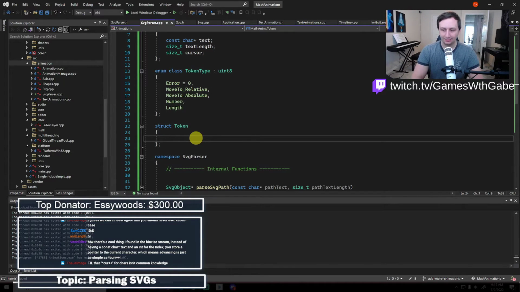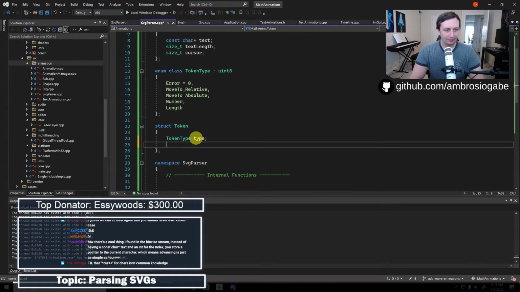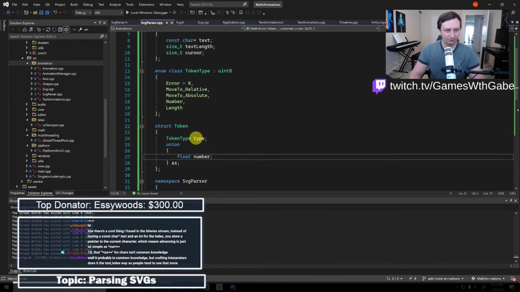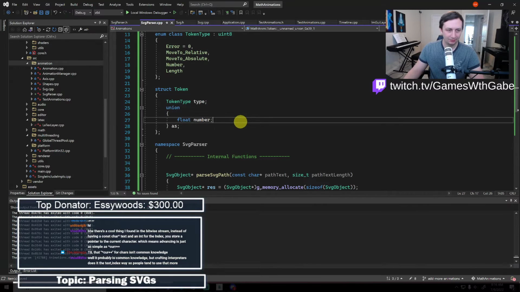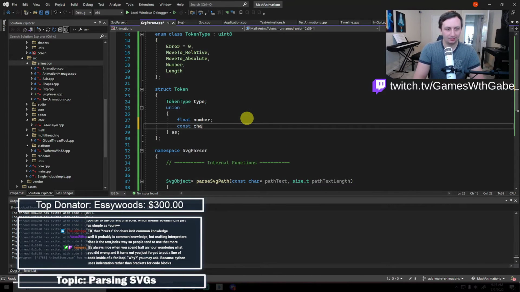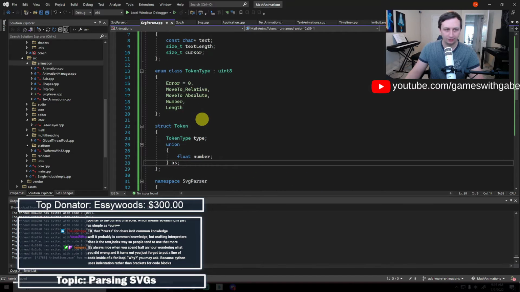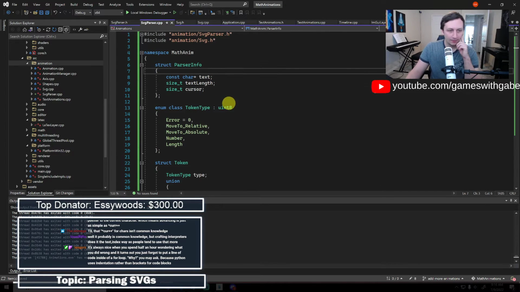So that's that. And then what we can have is just the token type, and then we can have a float number. We'll just include it there too. And I guess we could do this like a union. Okay, so that's what we're going to do. If there's ever any reason to add something else, we can say like const char star start text or something else. I don't know. But the command should be all we need. So this union really isn't anything, but it might be helpful in the future.